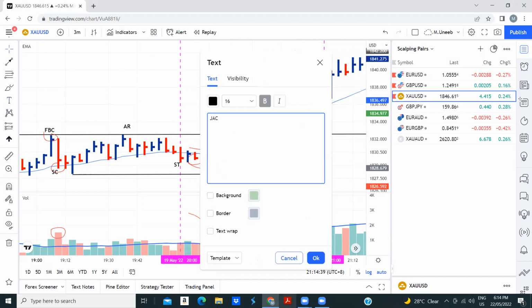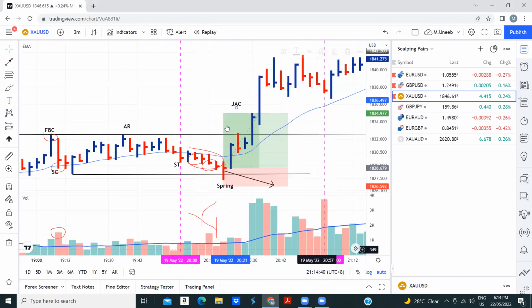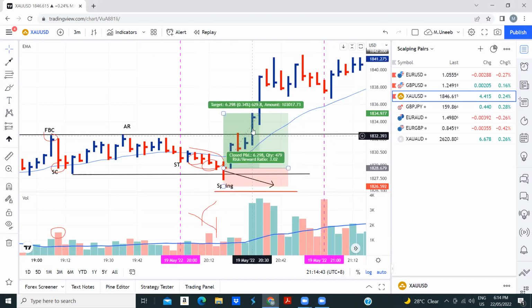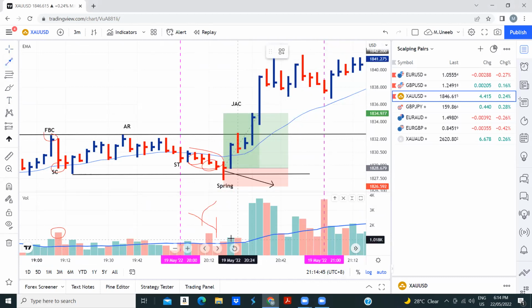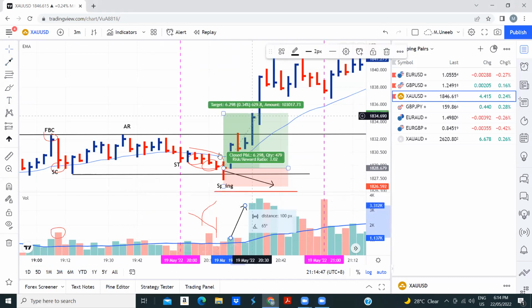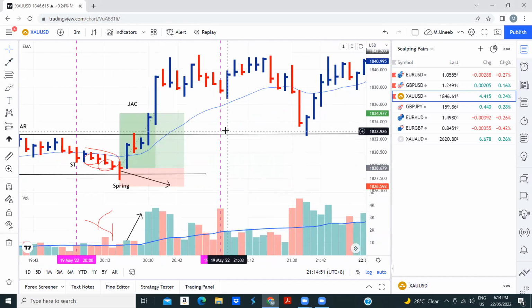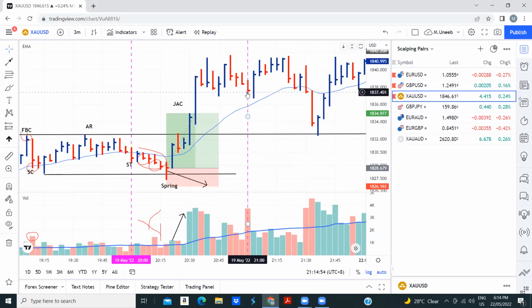Jump across the creek, right? Okay, jump across the creek: increase in volume, increase in spread. The spread is also increased. Jump across the creek, and now at this point, the London opens, right? We see the same thing here. We draw a higher point here,